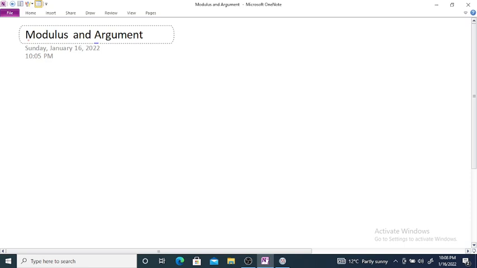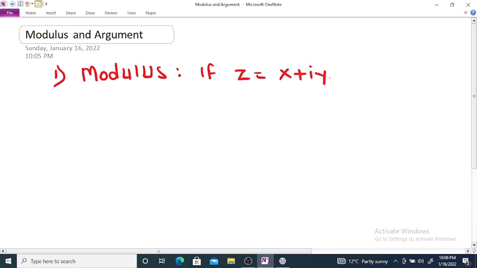Modulus and argument of complex number. First, we are going to discuss the modulus of a complex number. We know that if z is equal to x plus iy is any given complex number, then the modulus of